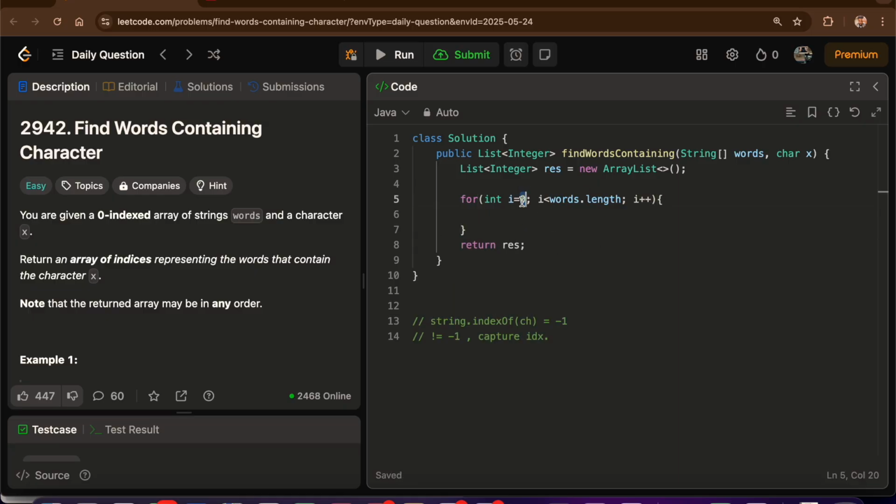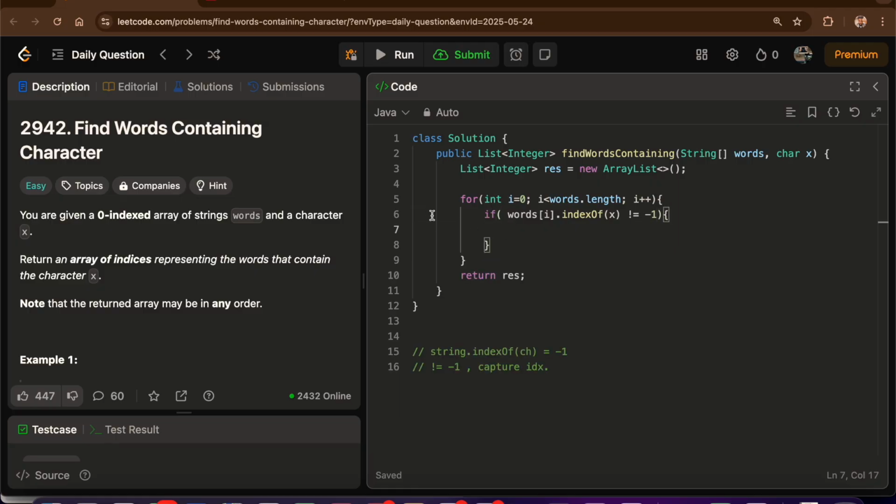The word at this index is words[i], and I check the index of the specific character in this word. This is a utility function from the String class. If this function call is not returning -1, it means that this word contains this character. If the word contains this character, just capture this index: result.add(i). If it is equal to -1, then we are not doing anything. In the end, we have captured every index. And now if I run it over the sample test cases,